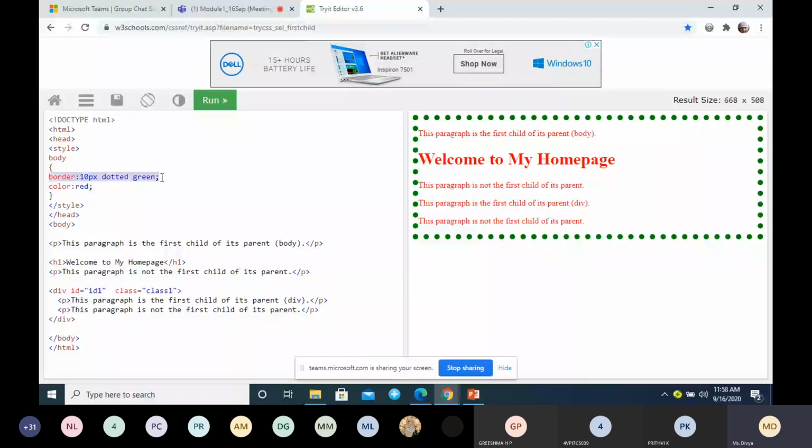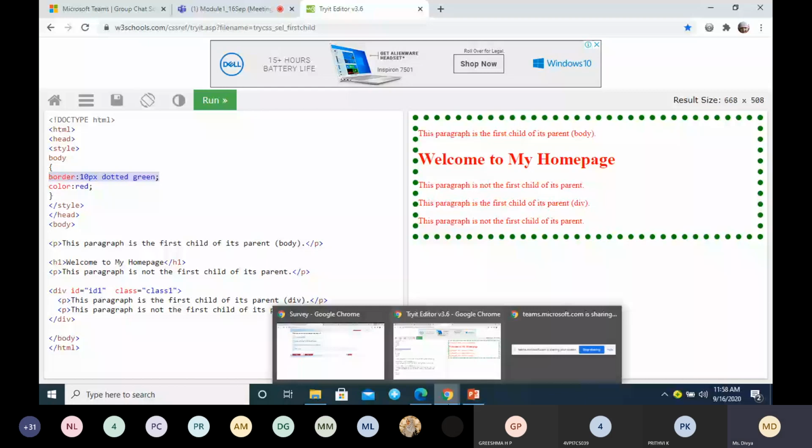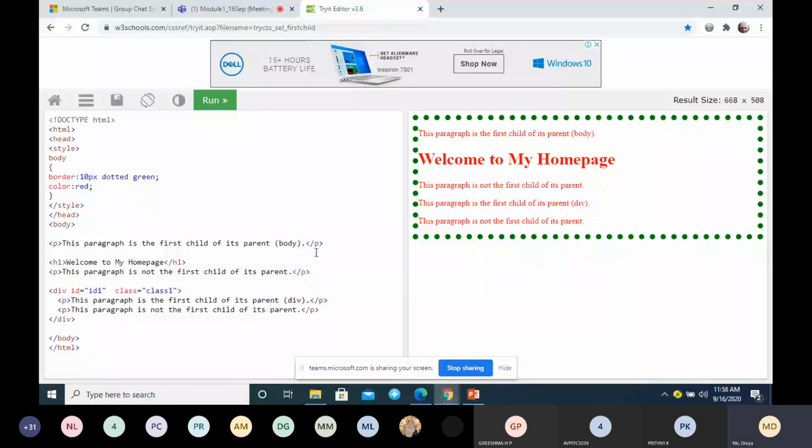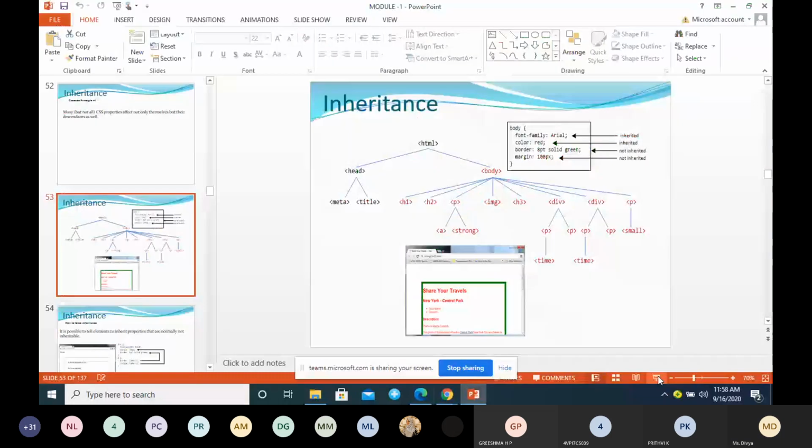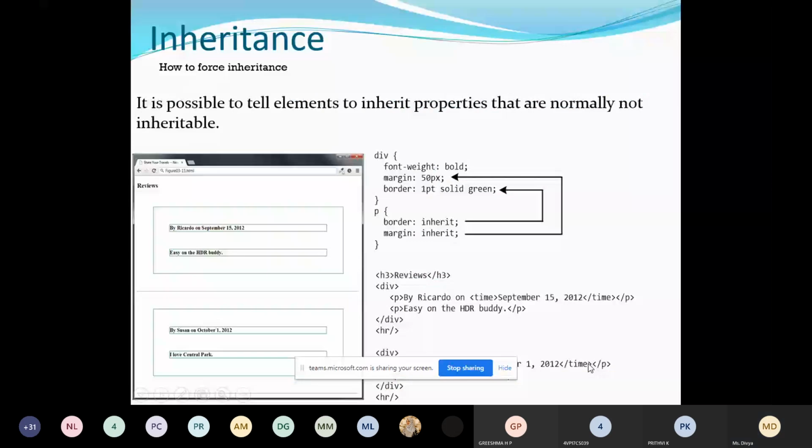Now if I want the paragraph, div, whatever tags we have inside body, to inherit the border property, which is not inherited, I want to make them inherited. It is possible to tell an element to inherit properties that are normally not inheritable.